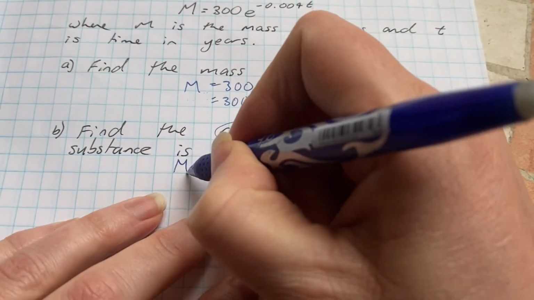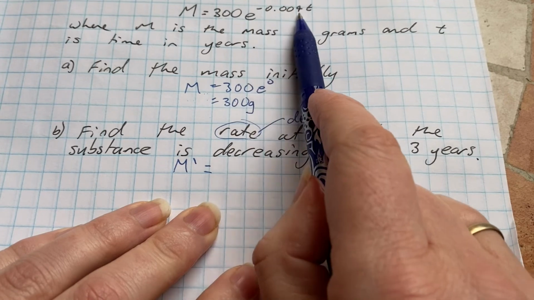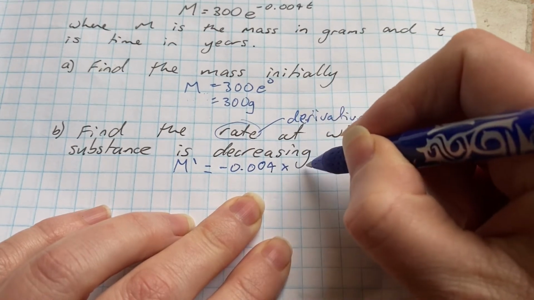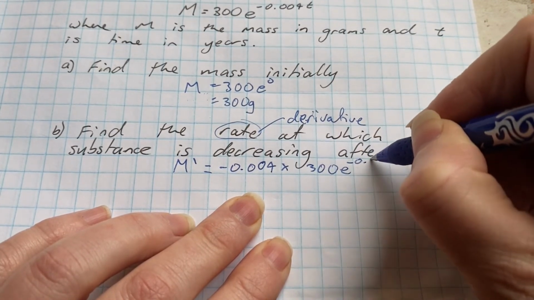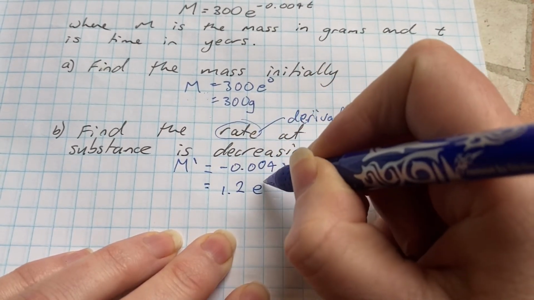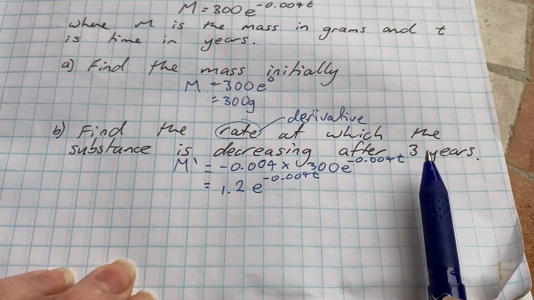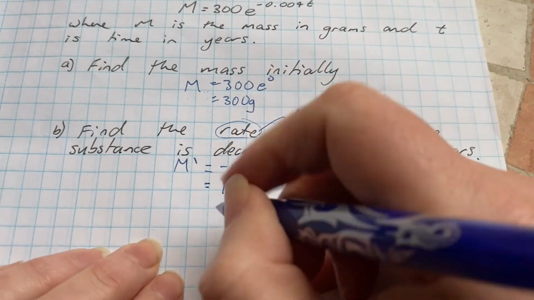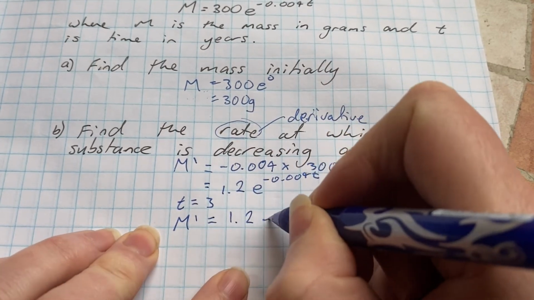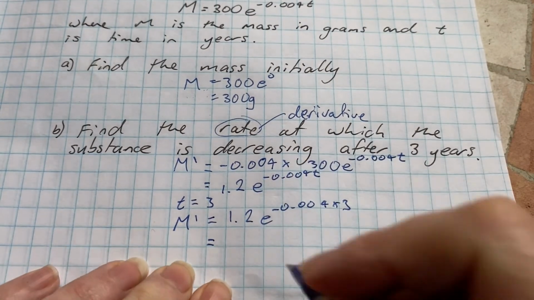So the derivative of this function, we need to multiply it by the derivative of the power. So negative 0.004 times 300e to the negative 0.004t. And that happens to equal negative 1.2e to the negative 0.004t. And we want the rate after 3 years, so we do need to plug 3 into that equation. So t equals 3, m dashed equals negative 1.2e to the negative 0.004 times 3. And if you put that into your calculator, you're going to get,